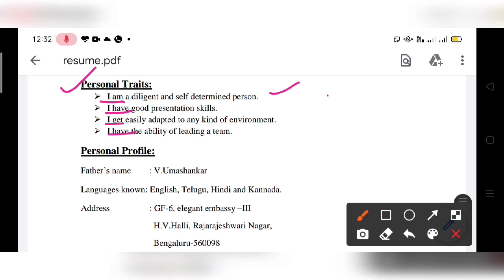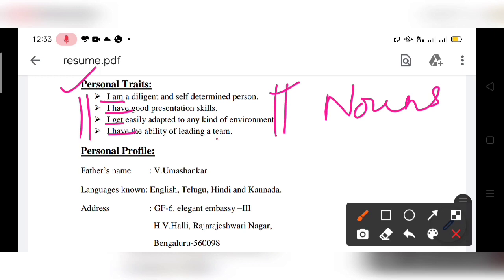If you want to just mention the strengths like diligent and self-determined, you can also write that. Good presentation skills, then good adaptability and leadership skills. So if you want to mention only nouns, you can also mention only nouns. If you want to mention it in the form of a statement, you can also do that, but all the four should be in the same format, right?